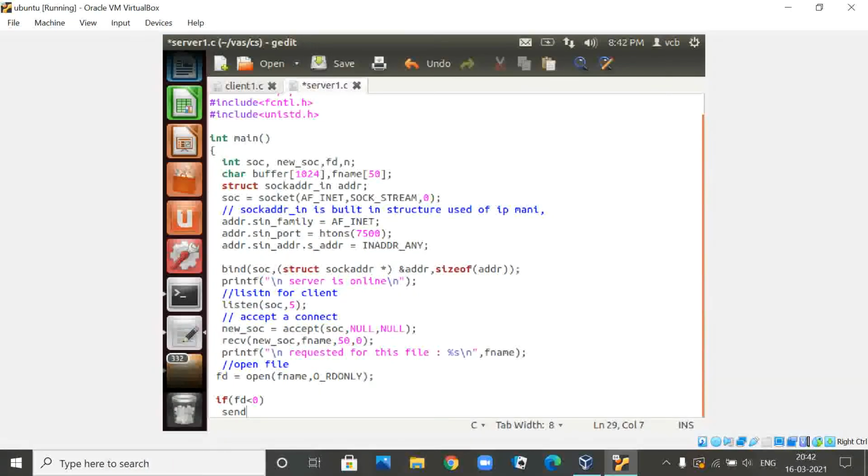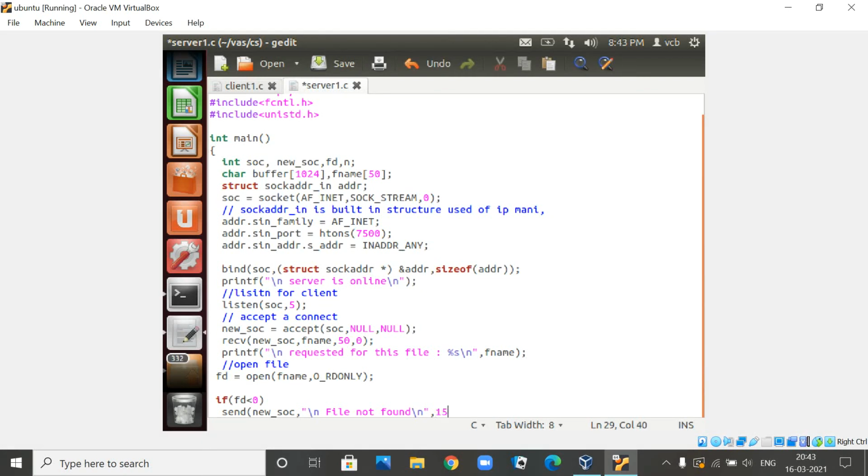What is the message it sends? The server will send, with new_SOC, a message saying "file not found" followed by a newline. So it is going to tell the client file not found.